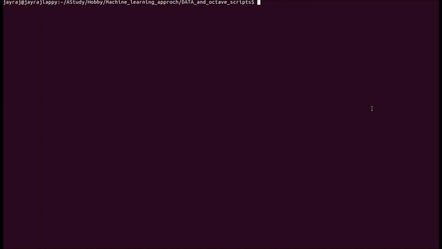Okay, to visualize the data, I will need one Octave script. I will walk you through this script, and I will also make it available so that you can play around with it. I just named it visualize. Let's open that file with gedit.